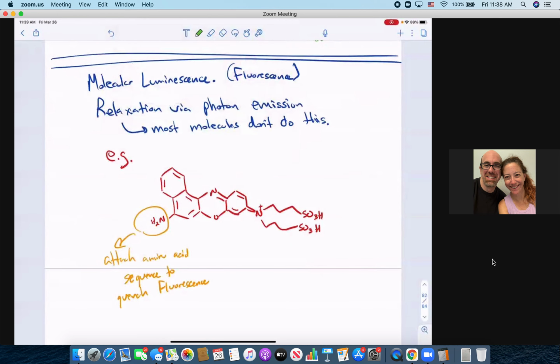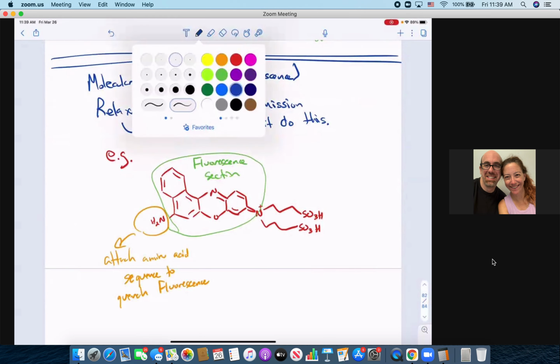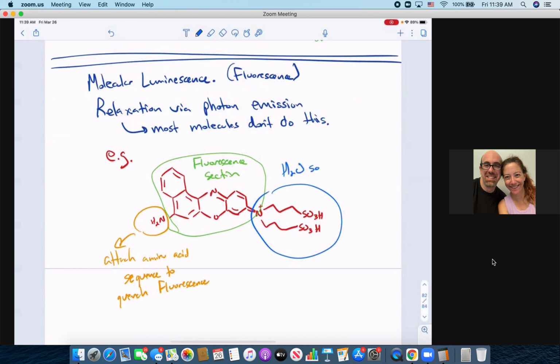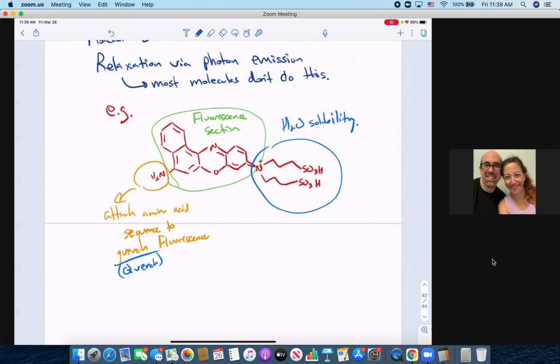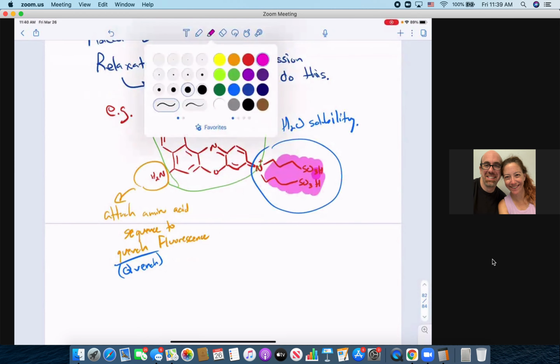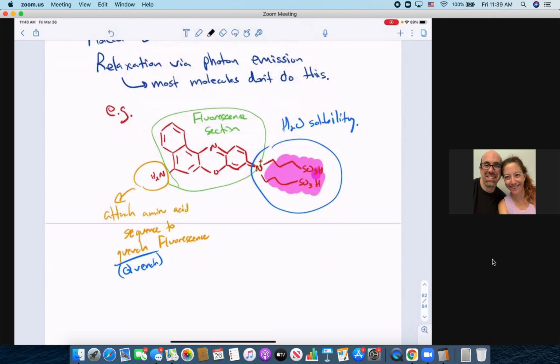I'm just going to diagram out different parts of the molecule. Yep, quench. Okay, let's look at this molecule a little bit, just to point out what it does. This section here is just for water solubility. That's the whole point, right? Those sulfide groups, rather, are just there to make the molecule soluble in water. This amine group, if you attach an amino acid sequence to it, I usually would do short peptide sequences, makes